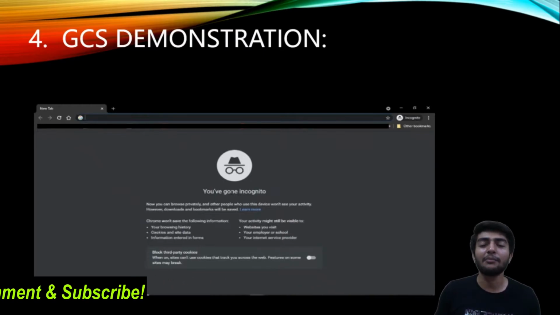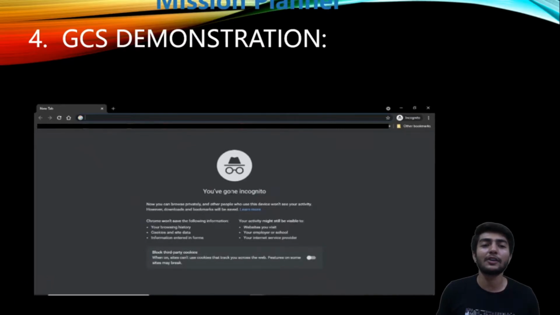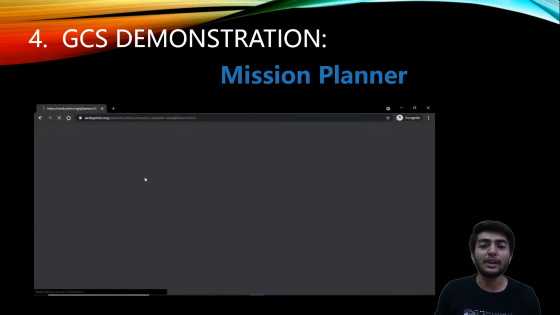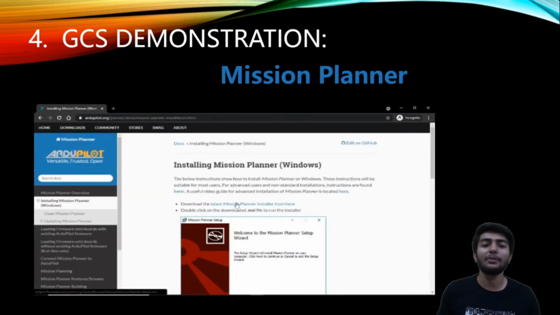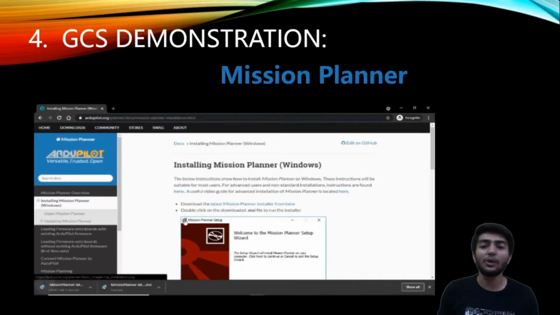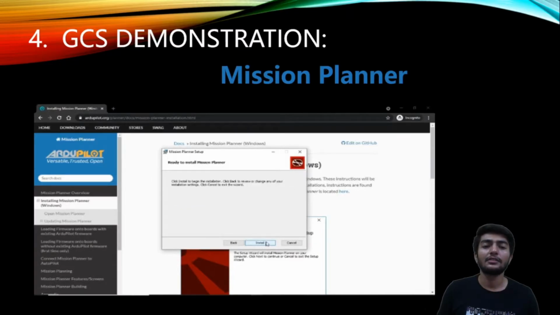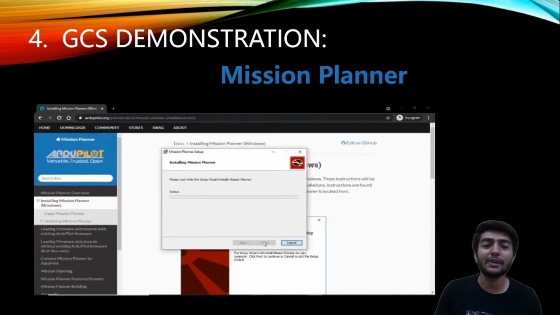So I'm going to install Mission Planner for a quick demo. It is the ground control station software which is developed by ArduPilot, and it is only available for Windows systems. To download it, you can simply search on Google for Mission Planner download, and then install it with the default settings. And why am I using Mission Planner for this demo? Because I feel this is the most powerful open source ground control station software out there, and you will know why I think so by the end of this video. So let's switch to the system and see the quick demo.